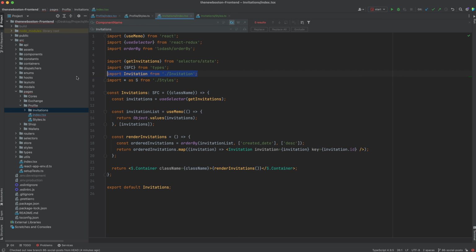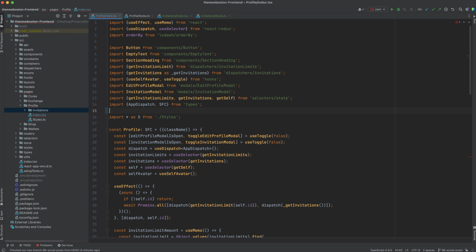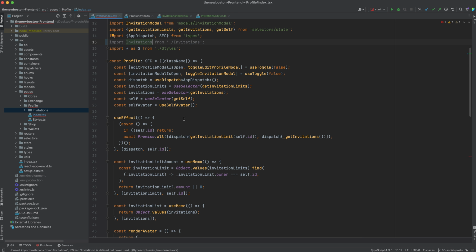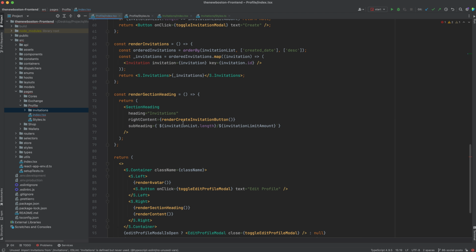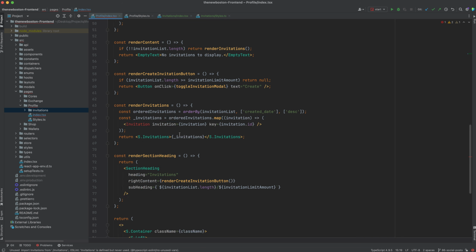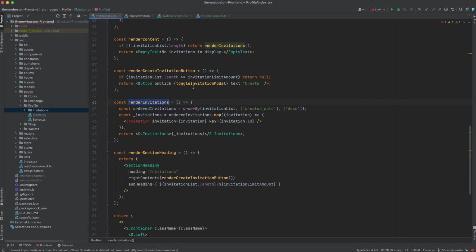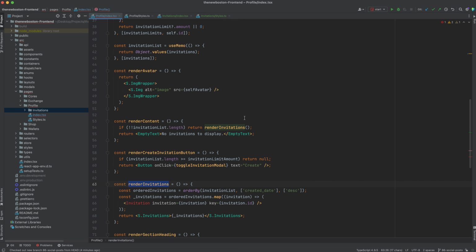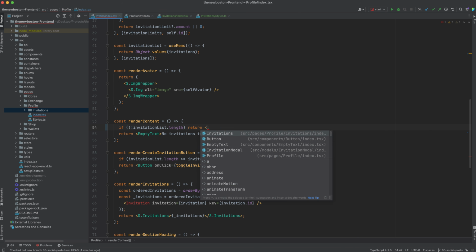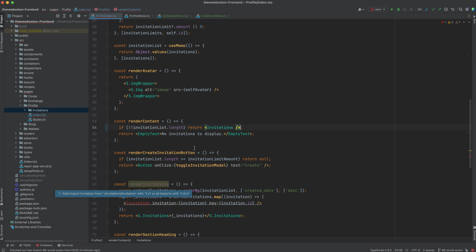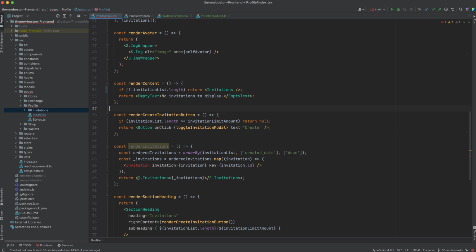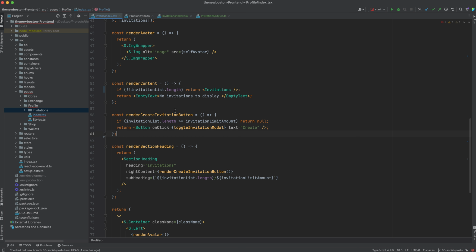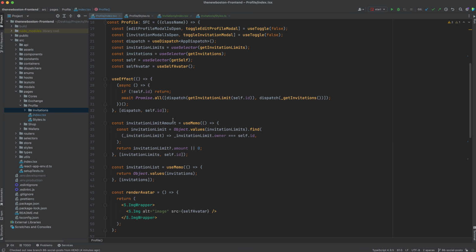Okay. Now, if that's the case, then what we can do is this. So we can import invitations from there, and then right here where it says render invitations, we can render that invitations component. And that means we can get rid of this render invitations function, and then